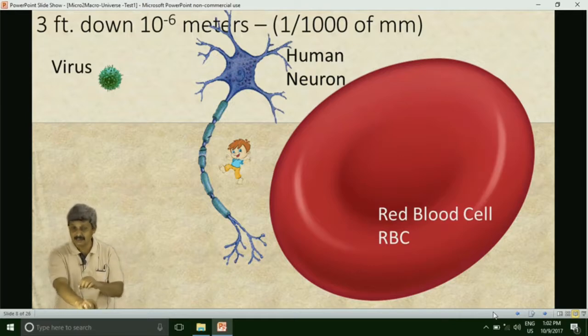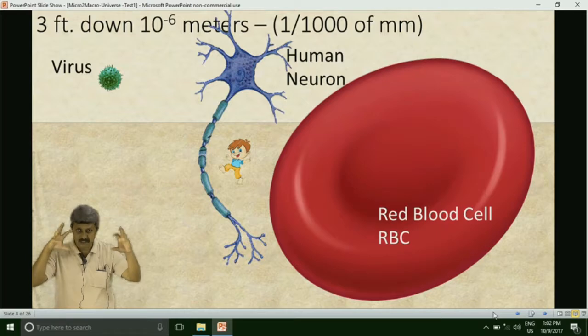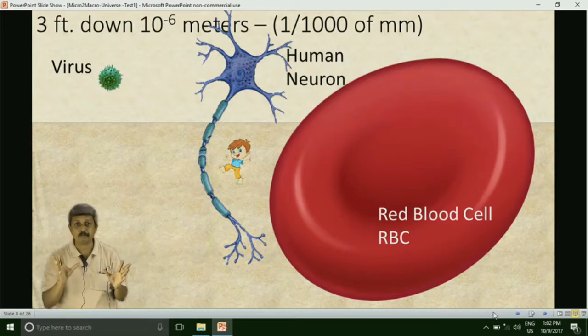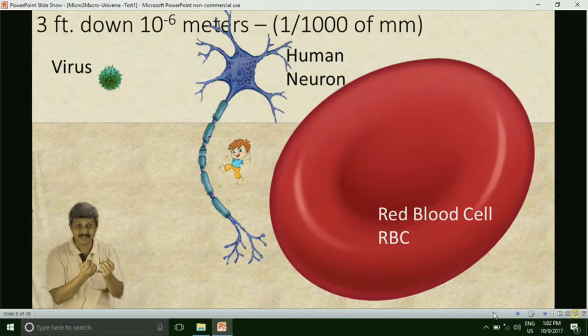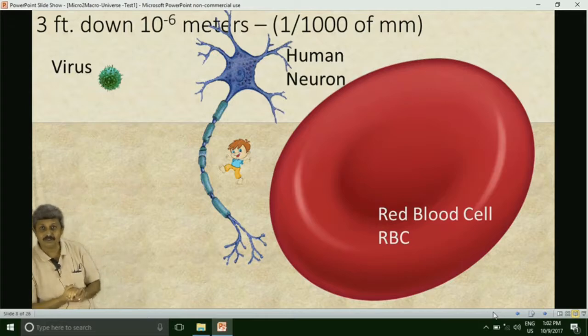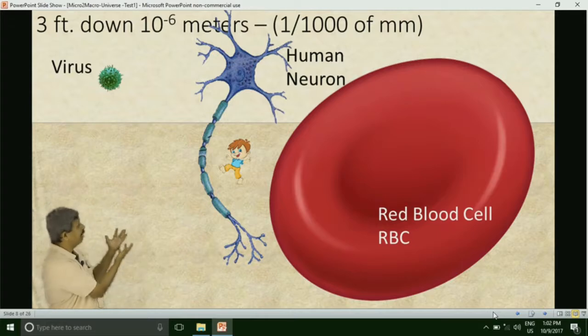They are like tiny, tiny threads connected to many more threads like that. These neurons are very, very small. So when you become as small as 1 micrometer, 1,000th of a millimeter, these neurons will look like a huge